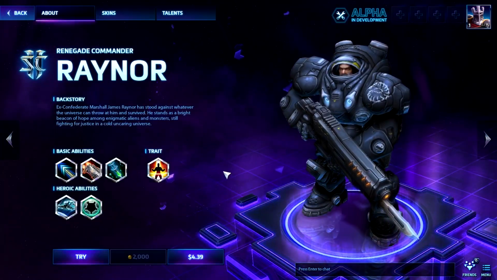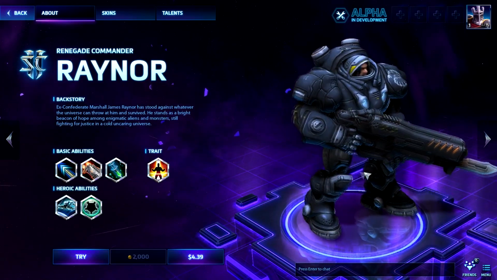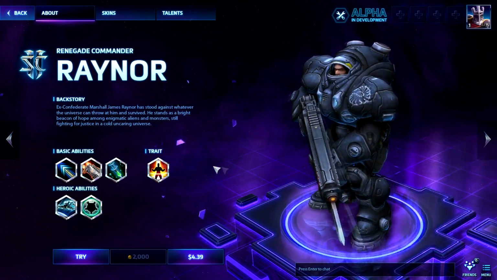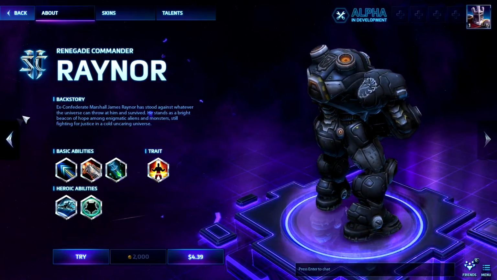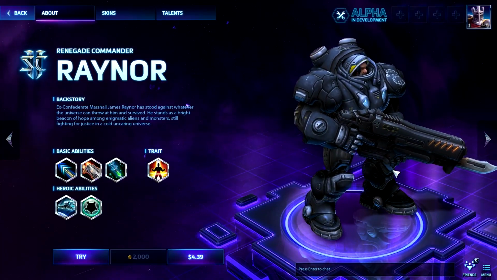Hey, Jimmy. Hey, man. How's it going? Backstory. Ex-Confederate Marshal James Rainer has stood against whatever the universe can throw at him, and he survived. He stands as a bright beacon of hope among enigmatic aliens and monsters still fighting for justice in a cold,